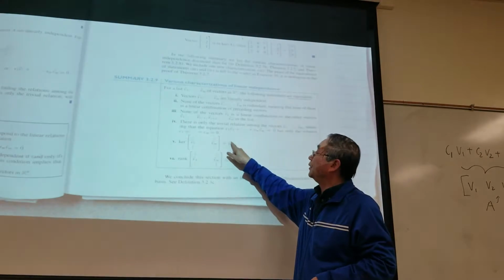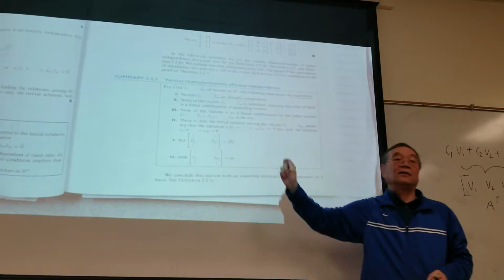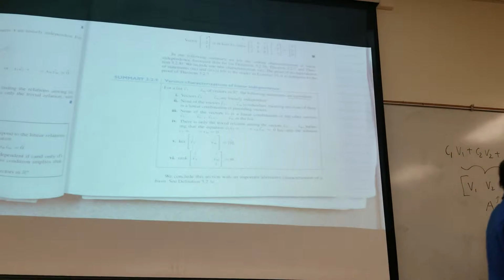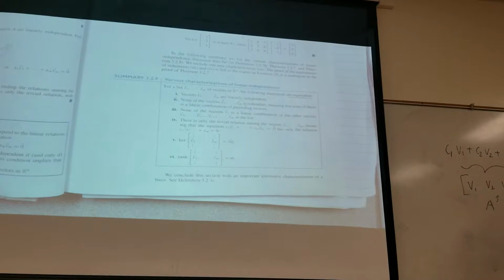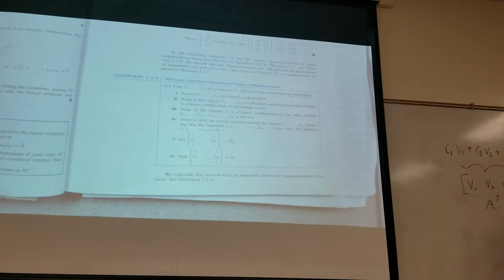A pair of braces and then you put 0 in there. 0 vector. So that means X must be 0 is equivalent to the kernel of A. Kernel of A has only one vector in it. So kernel of A has only 0 in it. Okay? So that's the fifth